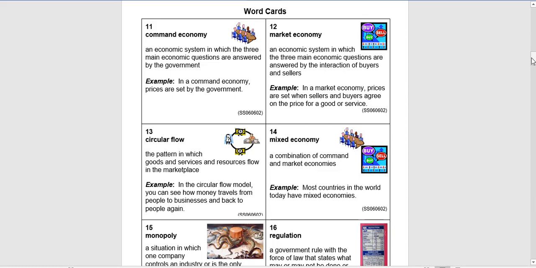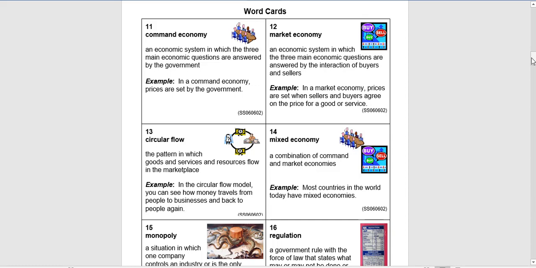the government. Example, in a command economy, prices are set by the government. Number 12, market economy, an economic system in which the 3 main economic questions are answered by the interaction of buyers and sellers. Example, in a market economy, prices are set when sellers and buyers agree on the price for